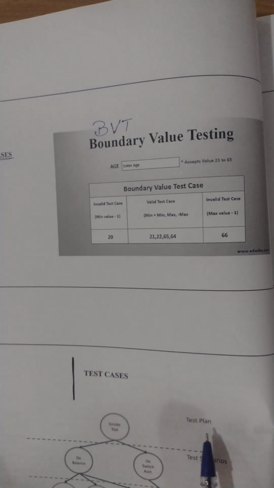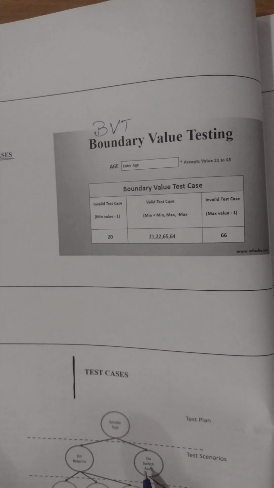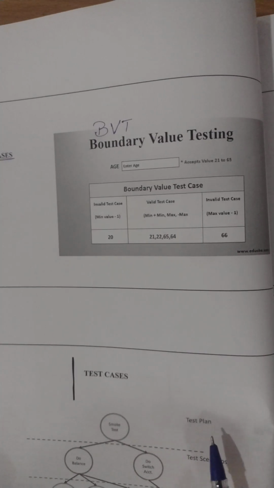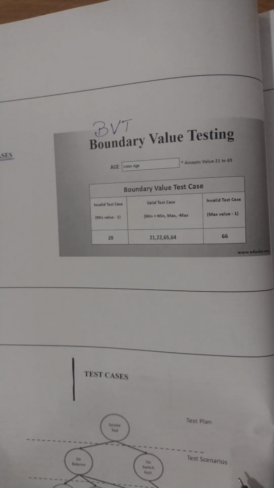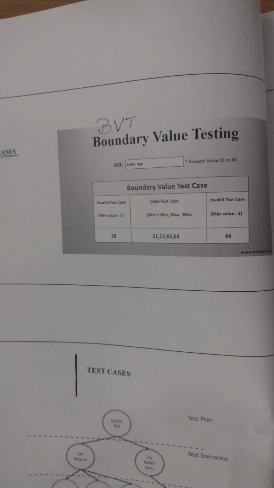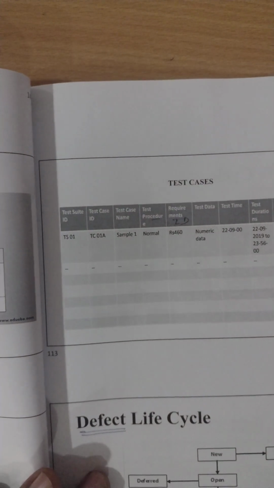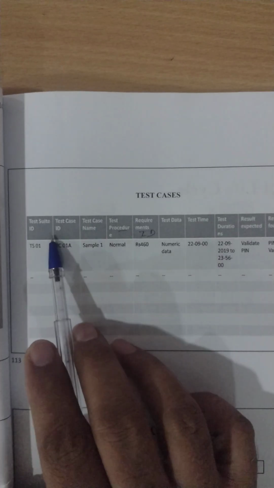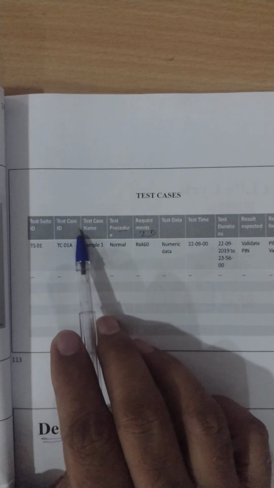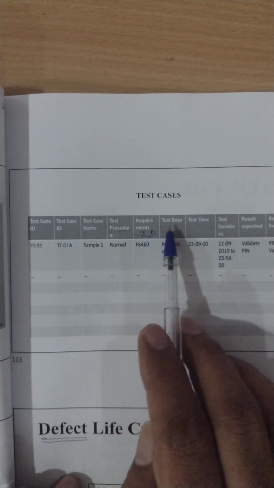For test cases, we have the smoke test and so on, all these things are being done. So the test plan is there, the test scenario is there, and test cases will come after the test scenario. This is a typical test case template with test suite ID, test case ID, number, name, procedure, requirement,